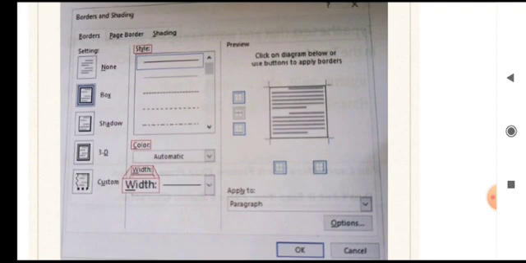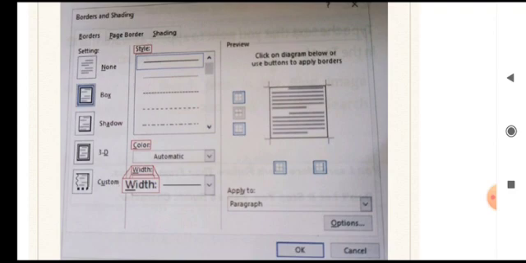If you have already set it and now you don't want it, then you choose the option of none. Then there is box. We are going to create a box, so that's why it's selected as box here. Then shadow, you select a border which is giving shadow. This is another style of borders. Then there is an option of 3D borders, giving borders in 3D style. Then custom, where you will be setting your own custom style, right?